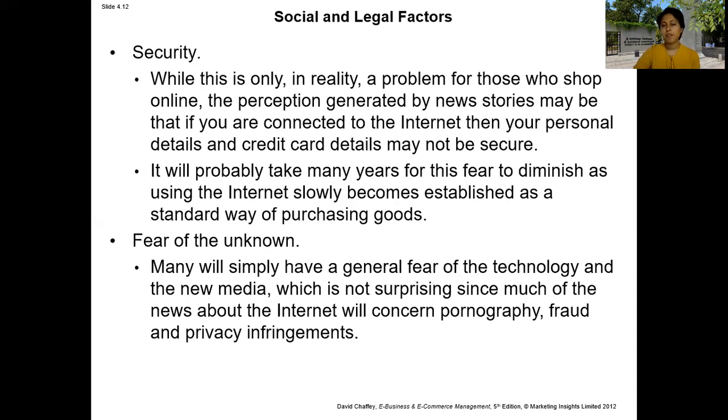Then security, a very important concern when using internet services, right? While this is literally a problem only for those who shop online, the perception generated by news stories may be that if you are connected to the internet, your personal details and credit card details may not be secure. If you're shopping online and there are news stories that certain organizations have compromised security, that their security is weak, or that the personal details you use in these transactions can be compromised at any point,